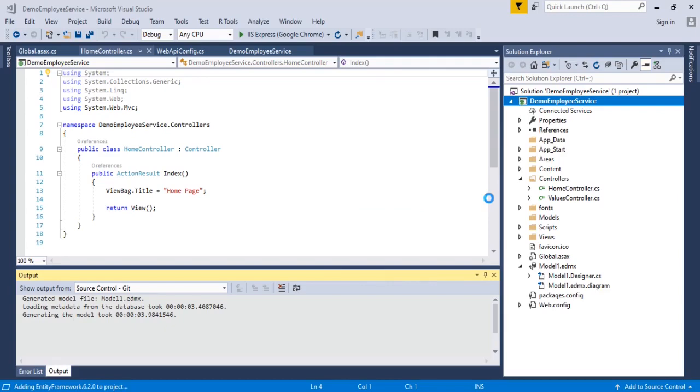So now what we have done is we established a connection to the database. Earlier, in previous days, we used to write manual code to connect to the database. Now this tool is doing the job on behalf of writing the code.